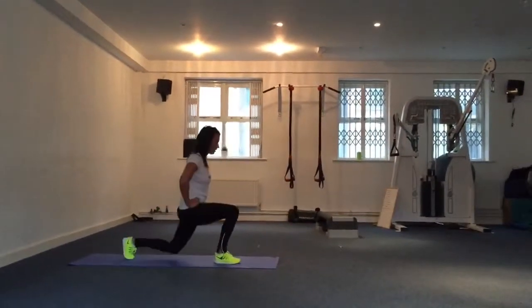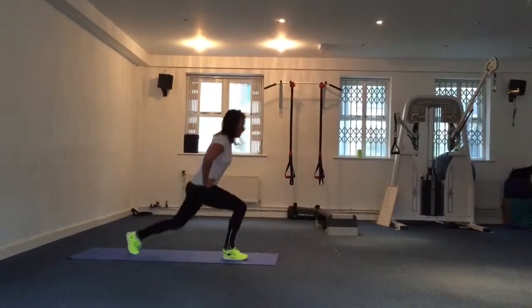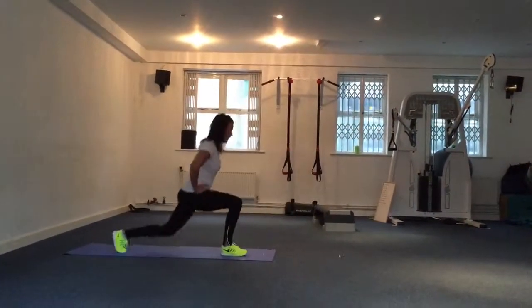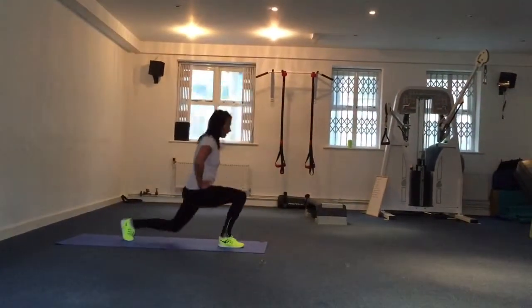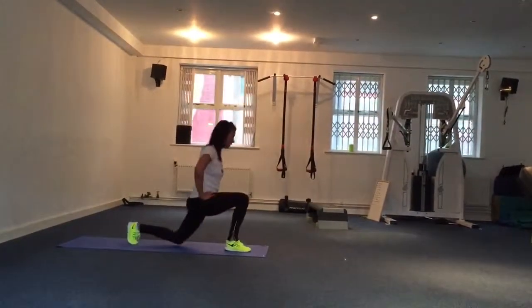So again, we're minimizing pressure on the knee joint by really emphasizing on pushing through the heel of that front foot and trying to keep that upper body nice and straight. And recover there. So you're going to rest for 90 seconds and